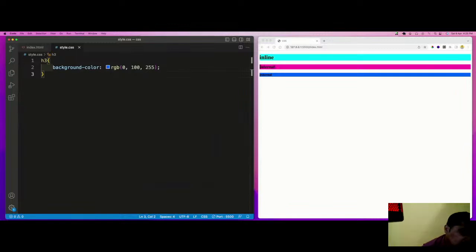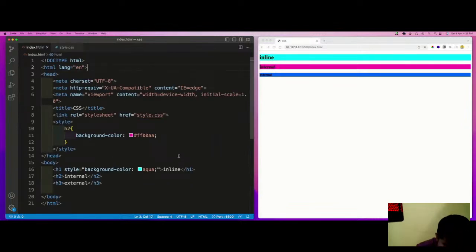But the first one contains simply the name of the color, aqua. The second one is a hash pattern which contains double F, double O, double A. Double F represents the red color, double O represents the green color, and double A represents the blue color.